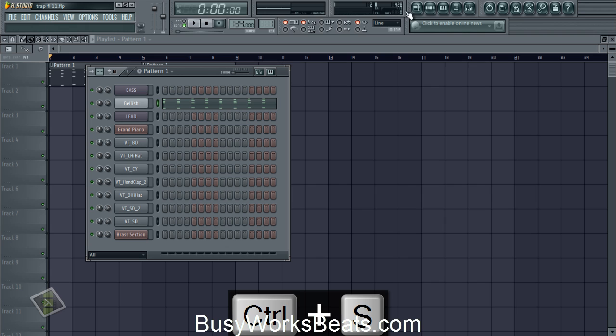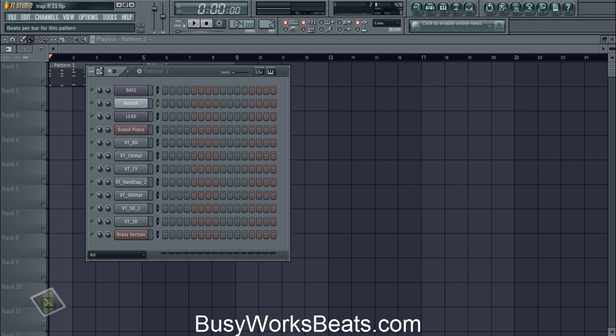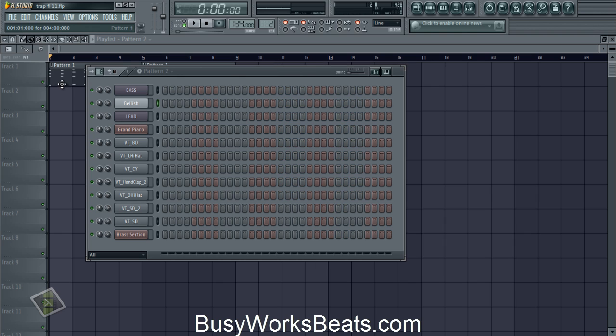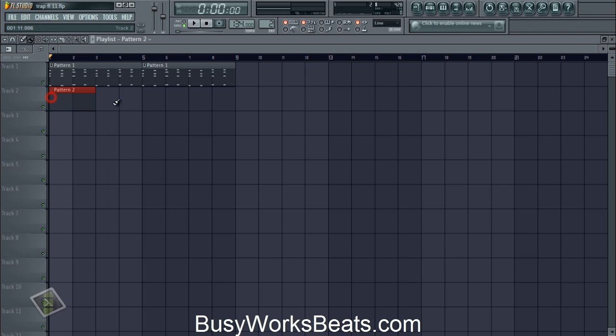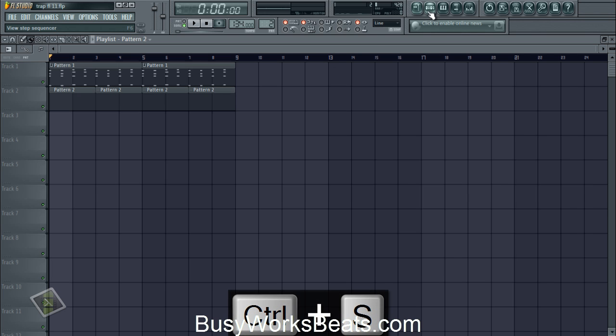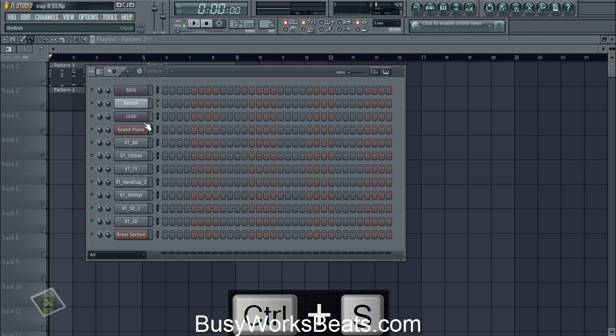Now we're going to click on the step sequencer button. We're going to go to pattern 2, change it to 8 beats per bar. We're going to left click in the playlist now so that it says pattern 2. If it doesn't say anything, fine, we're going to fill it out in a second. Just going to plug the drums in.